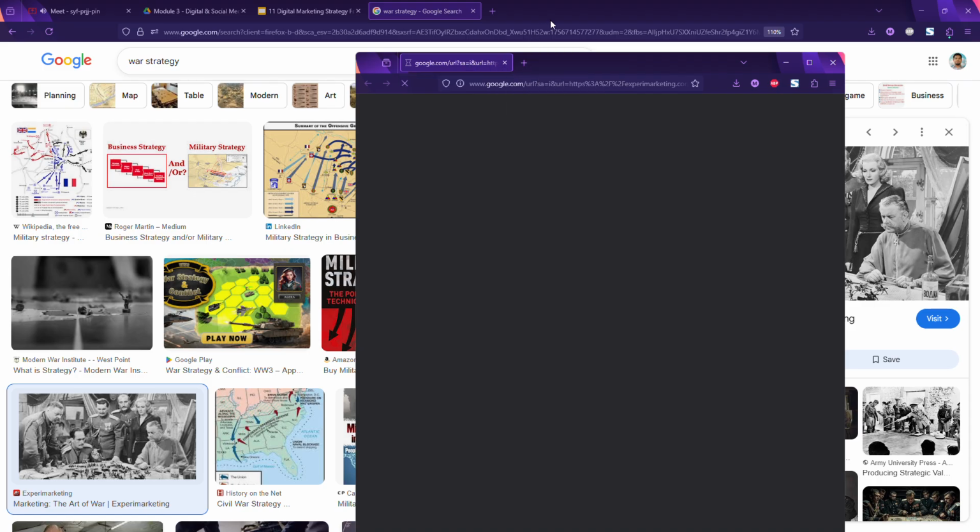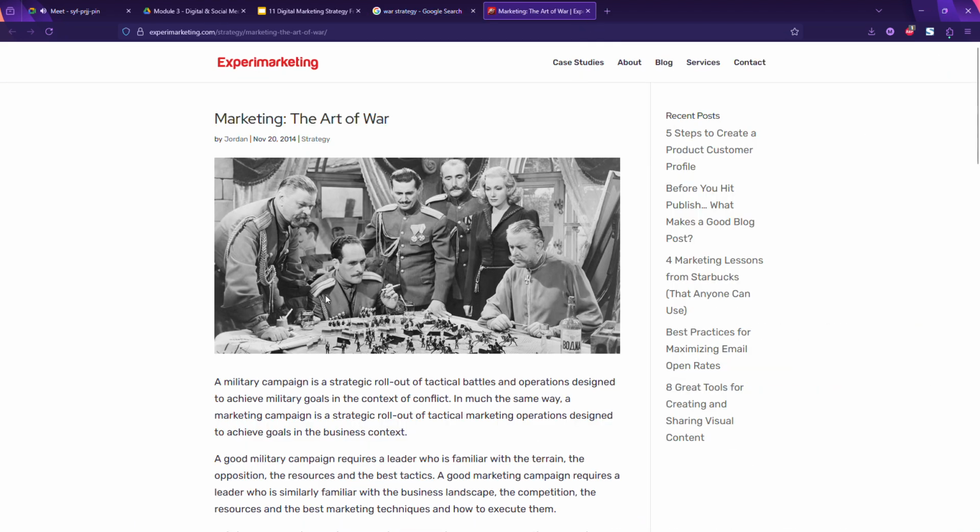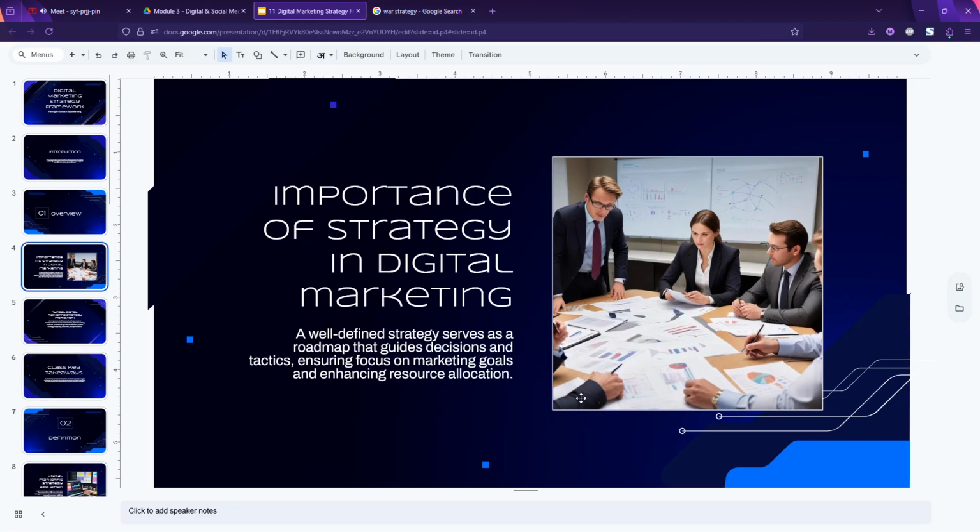So it's the strategy, the roadmap, the steps that we will be taking when we are creating a digital marketing strategy. A well-defined strategy serves as a roadmap that guides decisions and tactics, ensuring focus on marketing goals and enhancing resource allocation. In the case of the assignment that we have done, the seventh assignment, that is the